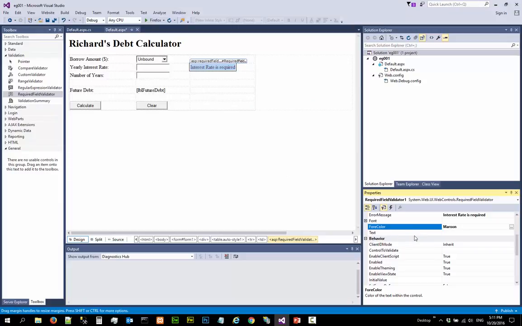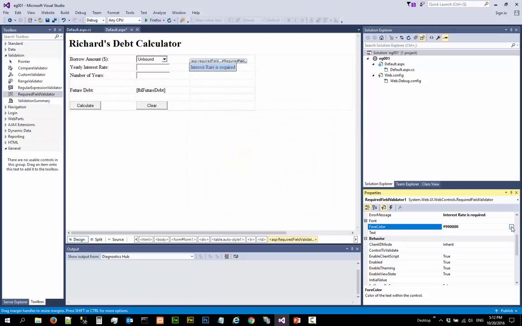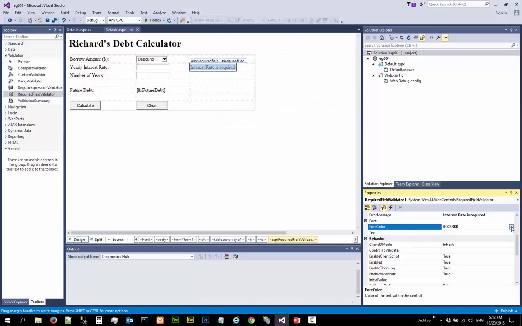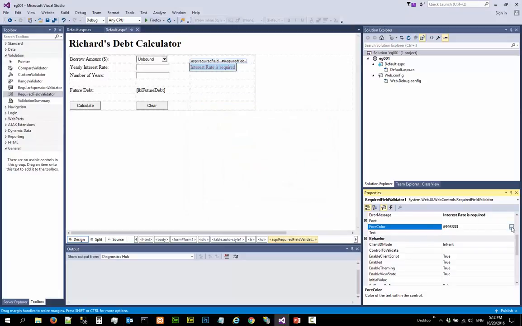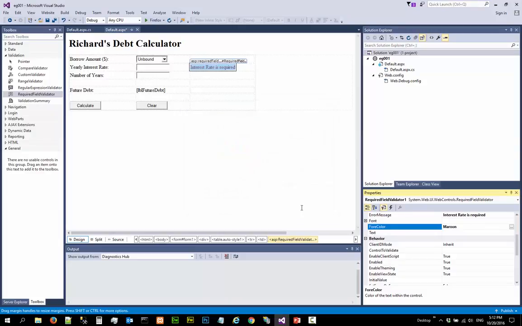Okay, or you can pick red. The example shows red. Is this red? No, that's not red. Red? No. You know what? Let's pick maroon, okay? Alright, let's use maroon, and